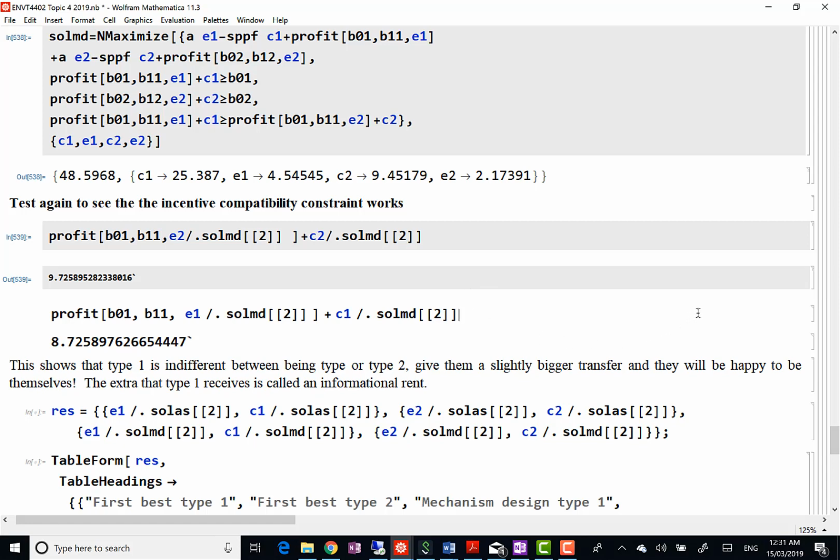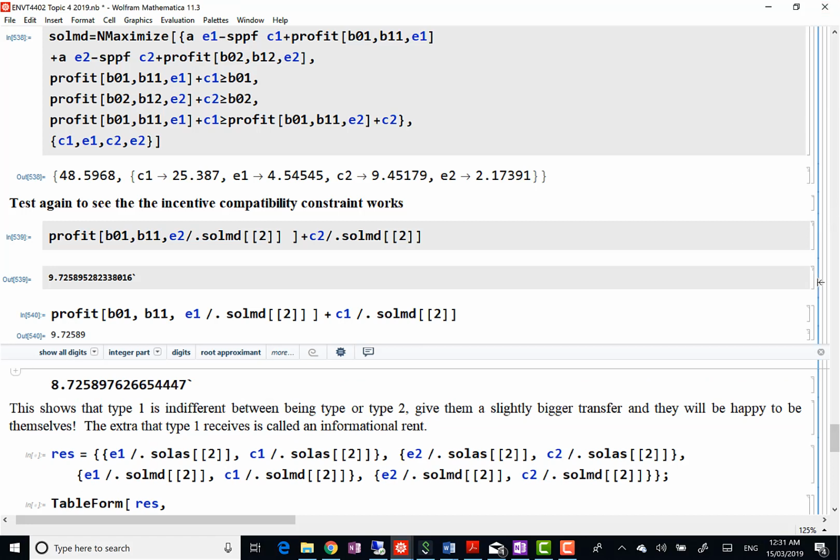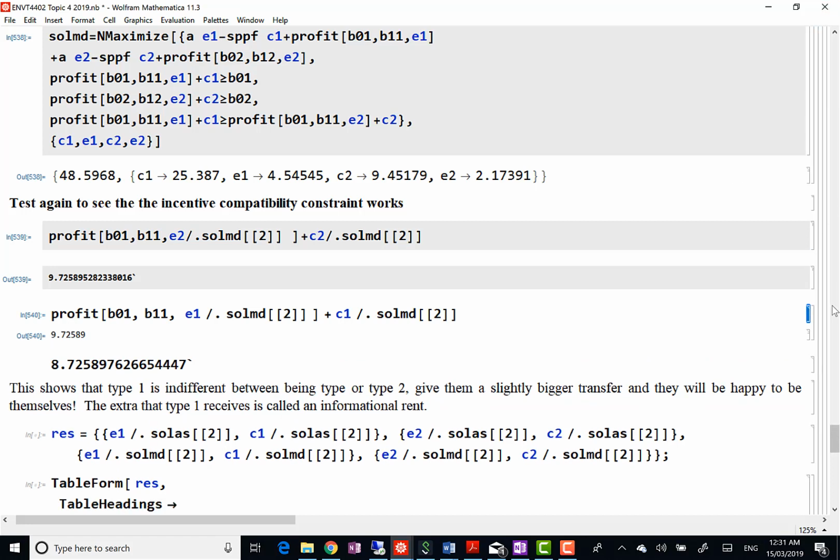But then if you look at the profit for farmer 1 choosing the contract intended for itself, then it actually gets exactly the same